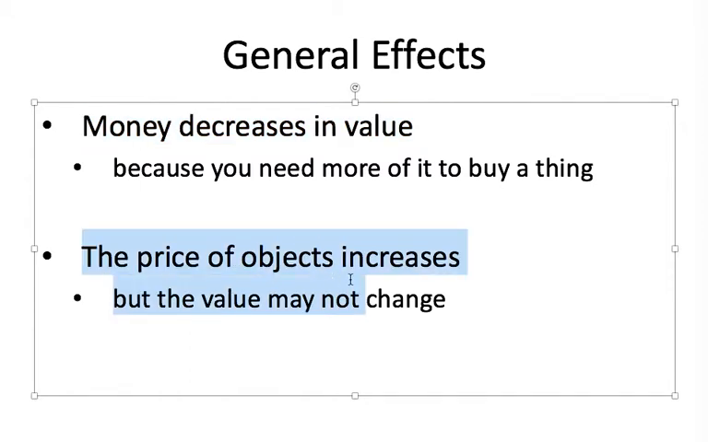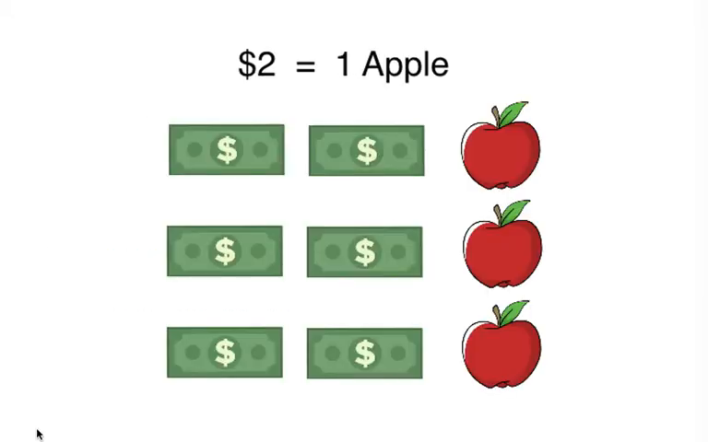This one's a little bit more confusing, but the price of objects can increase even if the value of that object does not change. So if we're looking at this particular example, the value of the apple beforehand